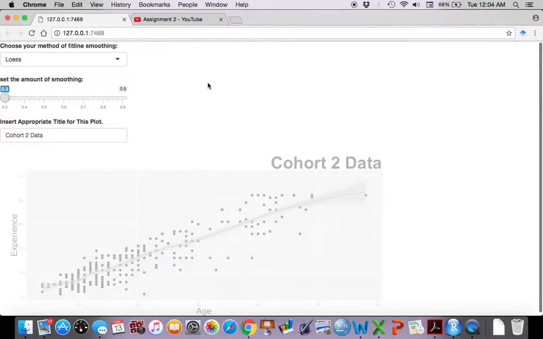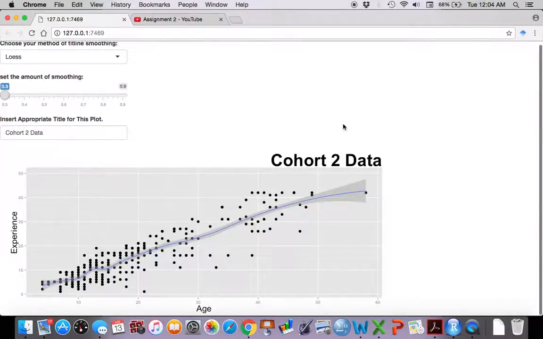So hopefully you've seen the advantages here of using an R dashboard, and that you can use it in the future for whatever projects